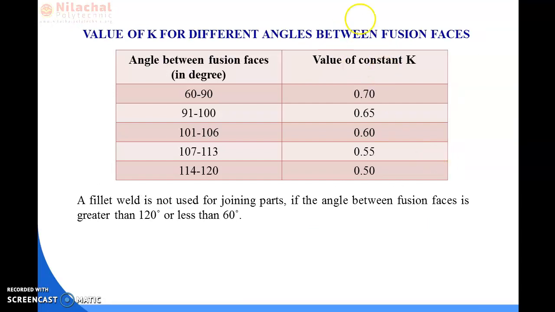While your fusion face angle is 60 to 90 degrees, the value of K is 0.7. If the fusion face angle is 91 to 100, then the value of the constant K equals 0.65. Then for 101 to 106, the value of K is 0.6. Next, if the angle of the fusion face is 107 to 113, the value of K is 0.55. And last, if the angle of the fusion face is 114 to 120, then the value of the constant is 0.5. So a fillet weld is